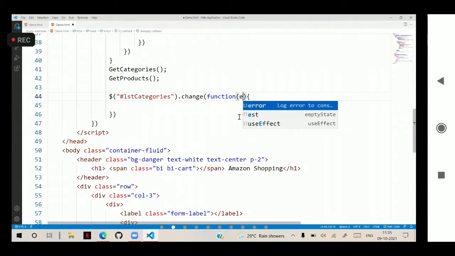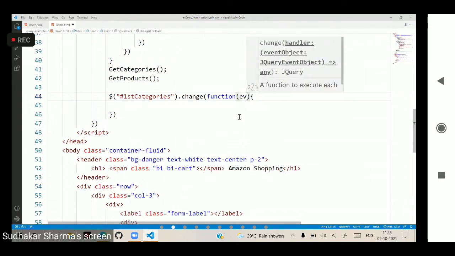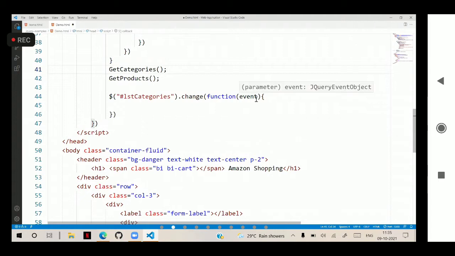Actually, in our JavaScript, two arguments will be there. One is this, another one is event. But in jQuery, only one event argument will be there. This event argument allows you to access all event-related properties and objects. Both it will allow. Event-related properties are accessible by direct event. Object-related properties are accessible like this.